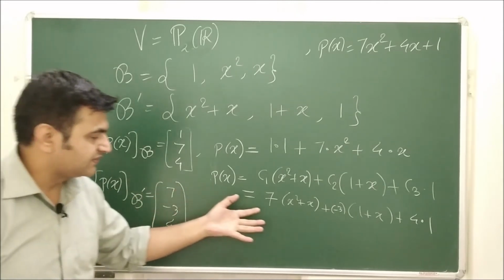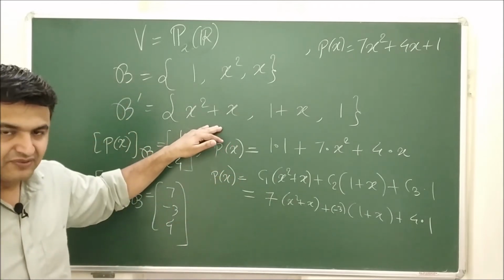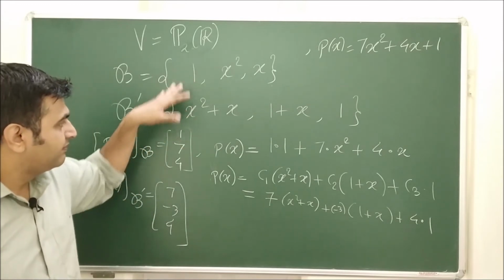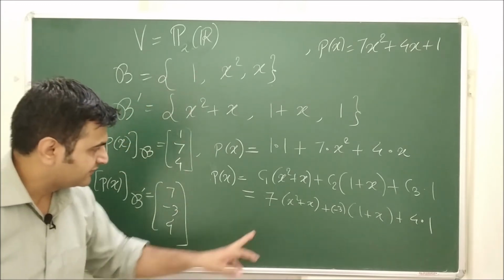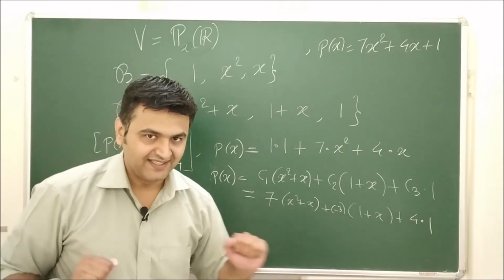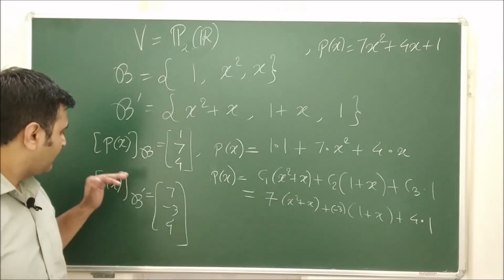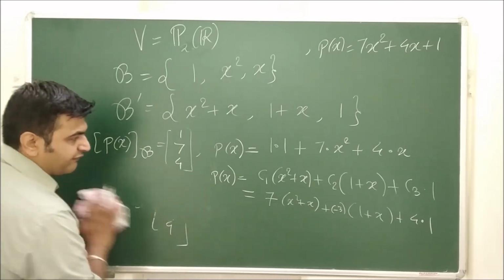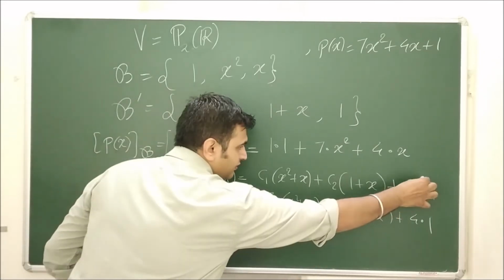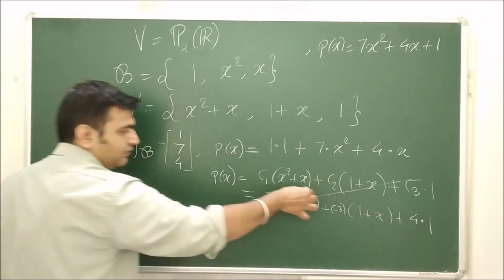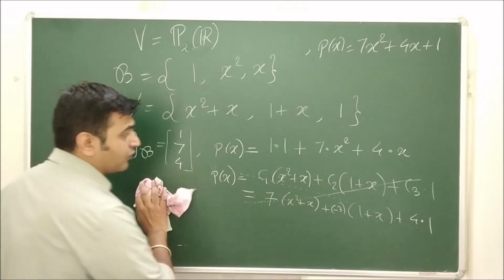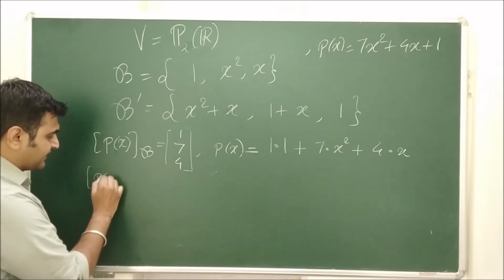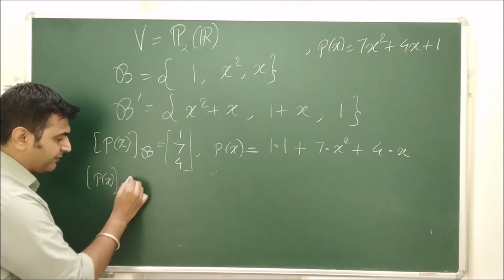Now again you might say this was a simple basis, and you might have a very bad matrix. But for understanding purposes both the bases I took are the simplest ones, so that I can do the calculation orally just to save your time. So this is one way to find it. But now suppose this is becoming very difficult for me, but still I want to find the coordinate vector of p with respect to B prime.